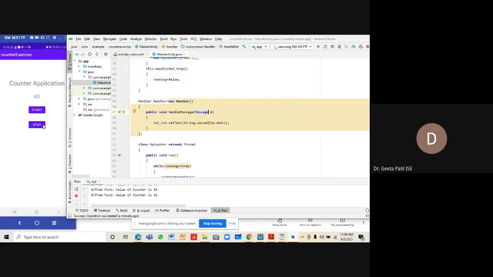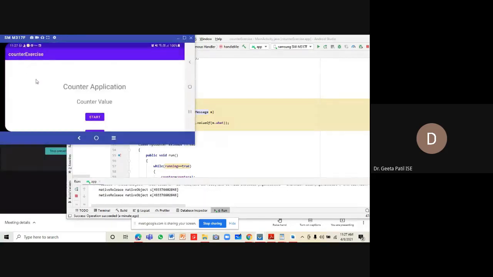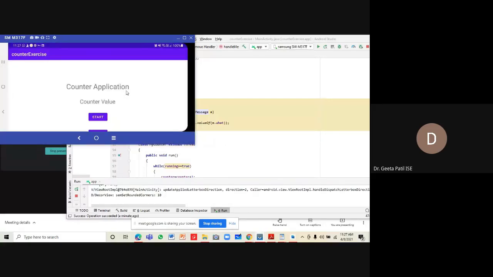Okay, and when we say stop, see, other buttons over here are also working. When we say start, the counter value is incremented in my counter thread, and the updation of the label is happening in main. When I say stop, the incrementation of the counter is stopped. That means the other components of your application are working fine.